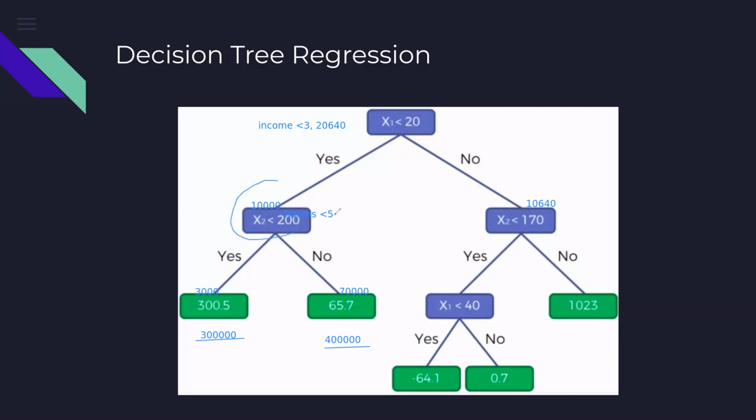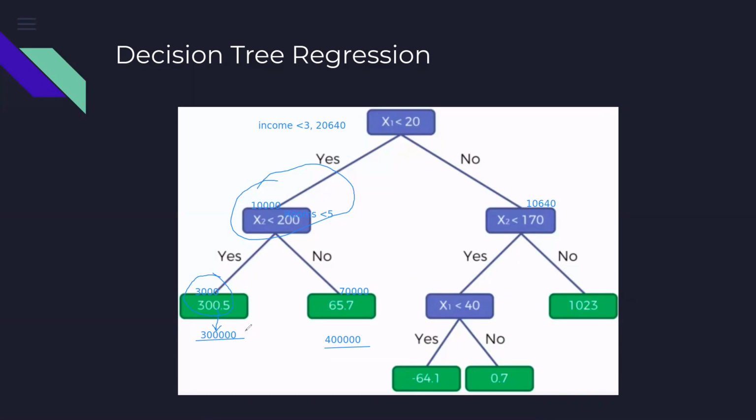Then I'll come to this node. Then I ask the second question, how many rooms does the house have? And we get the answer of suppose 3. Then since the number of rooms is less than 5, the evaluation of the criteria gives me an answer of yes. And therefore I climb down here and then I see that the price of this kind of house is 300,000. This is how the tree is structured, and this is how we make the prediction of the value.